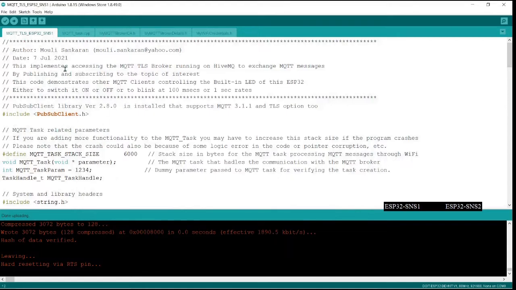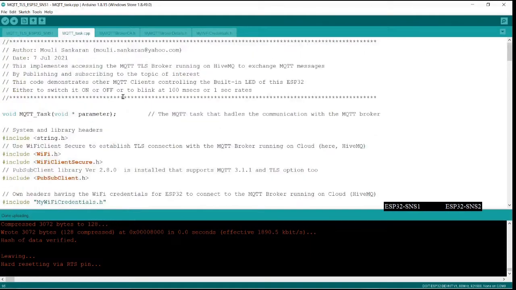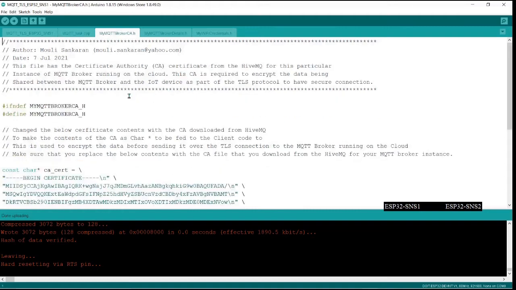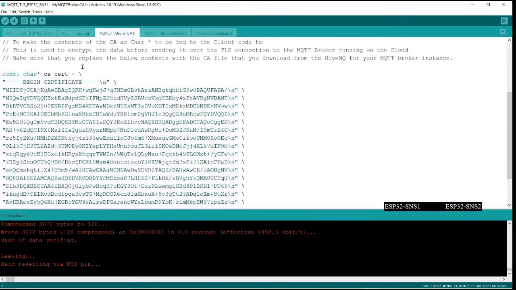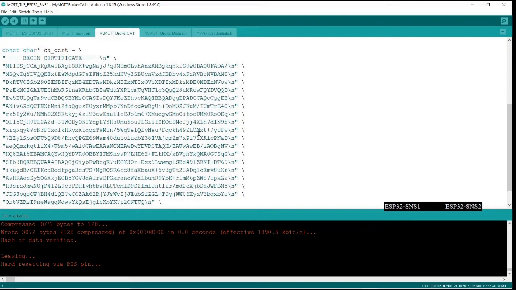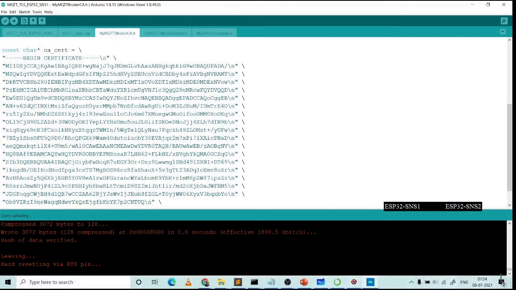Now this is the main code wherein the application is running. This is the source file. It is a CPP file because this is a C++ compiler. The IDE in the backend is using the C++ compiler for ESP32, based on what board you are choosing. I will talk about that. And then the header file is giving you the MQTT broker information, the CA certificate which has been given by HiveMQ. Now you need to be very careful while creating this content. I'll tell you what you should do.